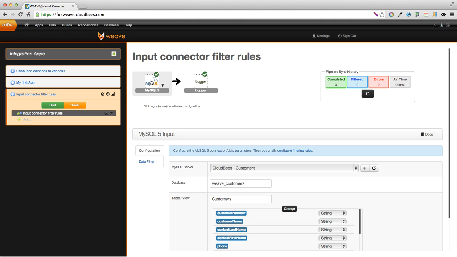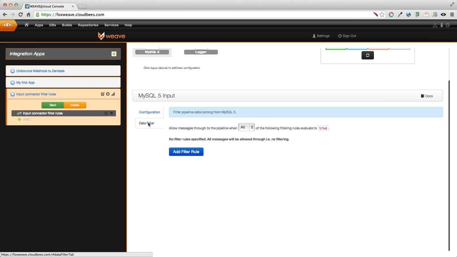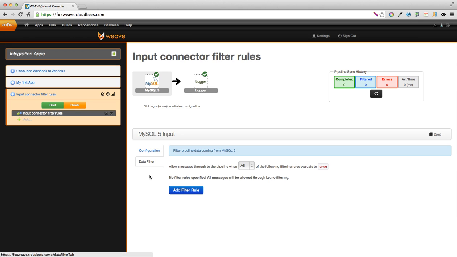So in this video I'm going to show you how to add data filters on an input connector. So what I've done is I've set up the MySQL connector here, and I've configured it with a database and a table and specified a set of rows that are on that table. And now we're going to look at adding the actual data filters on the connector to control what records get